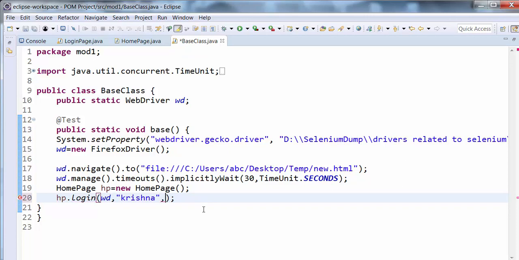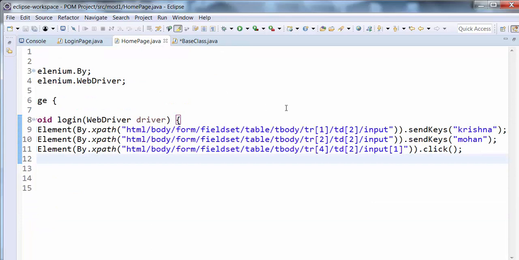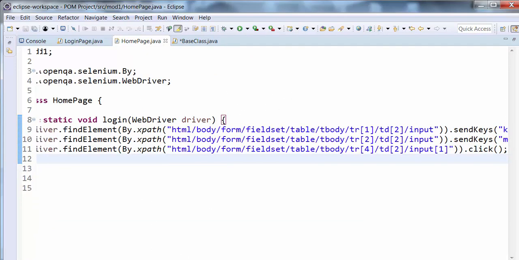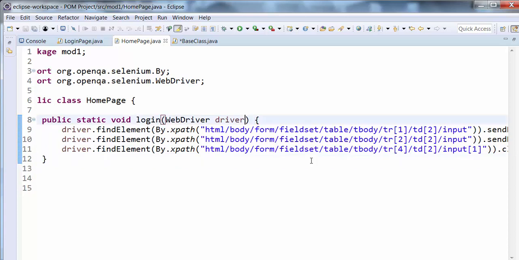I am modifying it, making it so simple. This contains three parameters: one web driver, and this is a string, and this is also a string. So I have to create the function for this. This already has the web driver. Now I will parameterize it. String